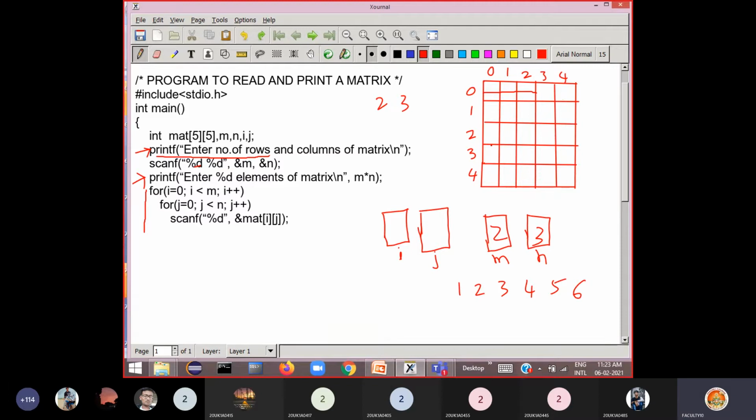Okay, not to worry. Now what I do is I'll take the actual matrix size. So the remaining things I'll erase here. That means now I am going to store only the 2 by 3 matrix. So assume that this is our actual matrix. Now this is the actual memory allocated for our matrix, 2 rows and 3 columns.